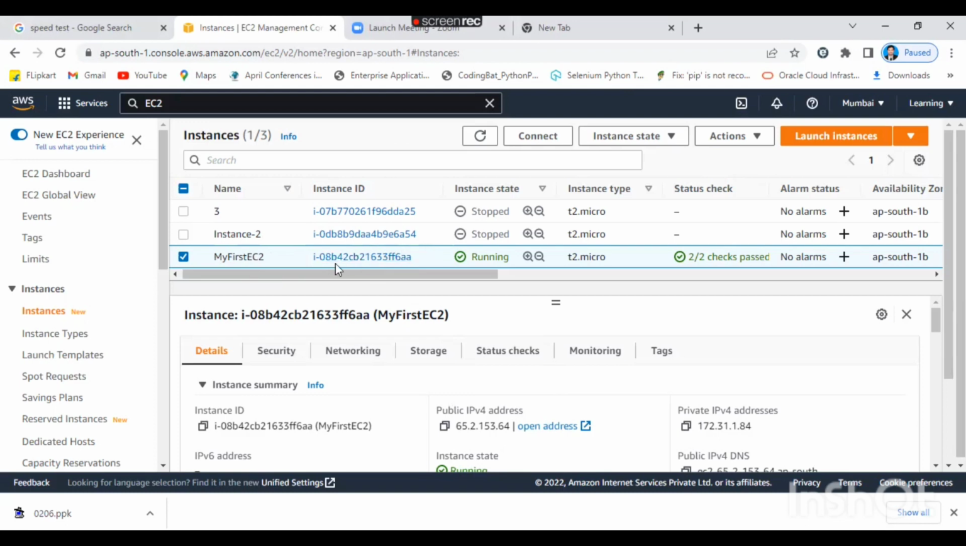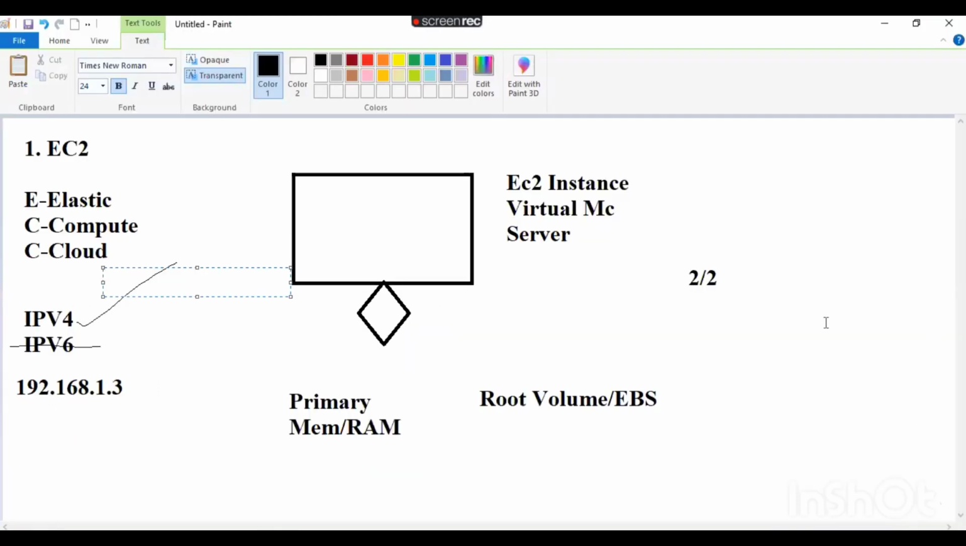So what you can do now, we have created this machine as a Windows machine. So let's assume key